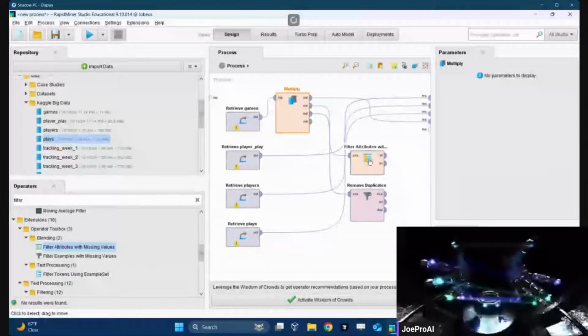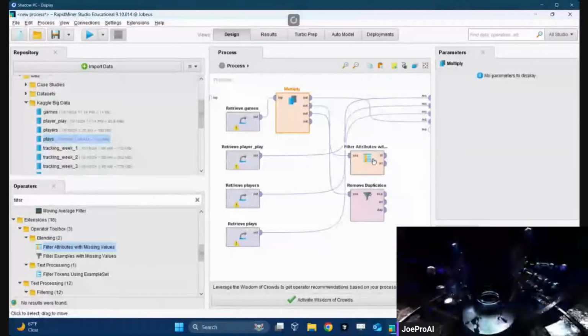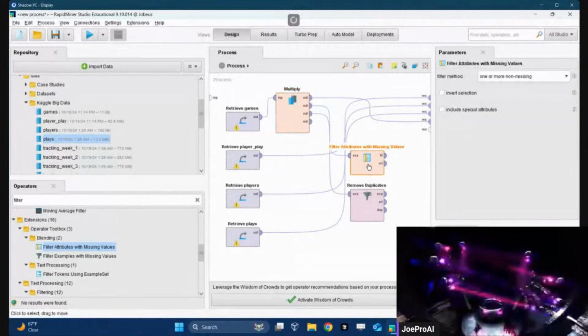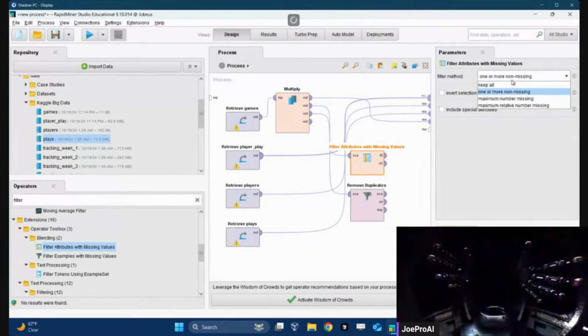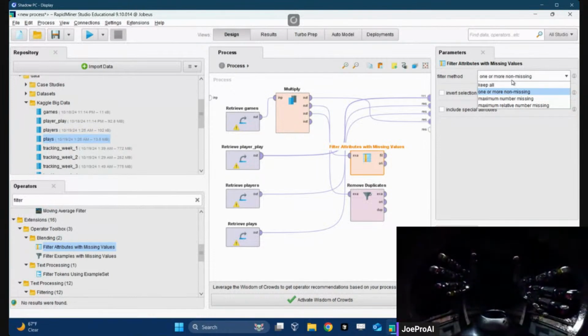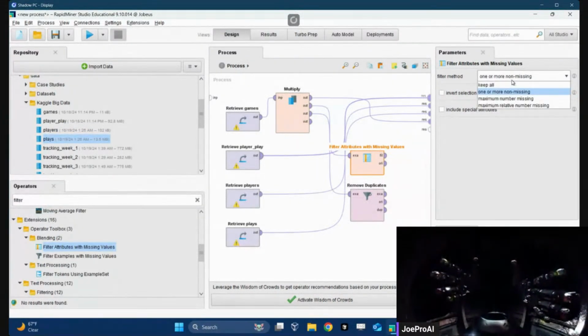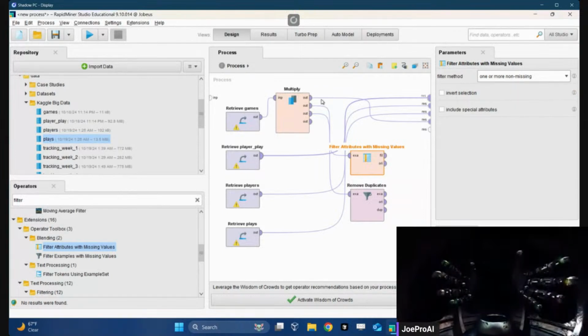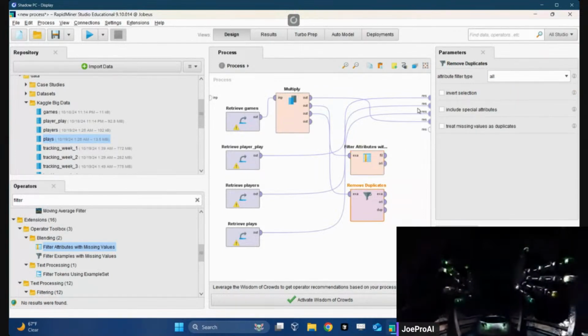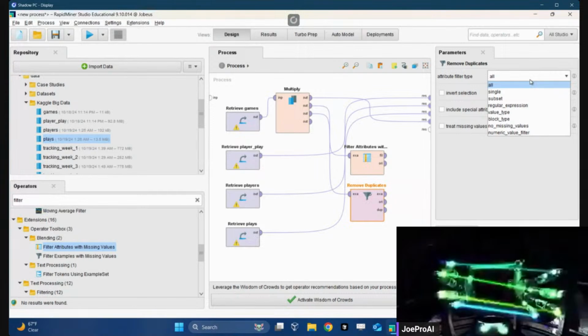So now this one is going to regular version of it. It's going to filter attributes for that. And this one's going to remove duplicates.